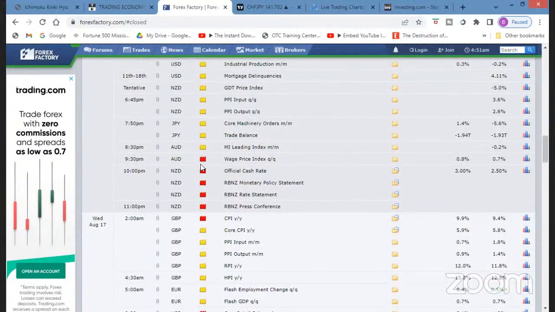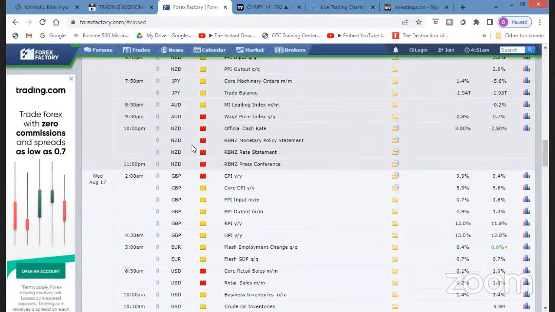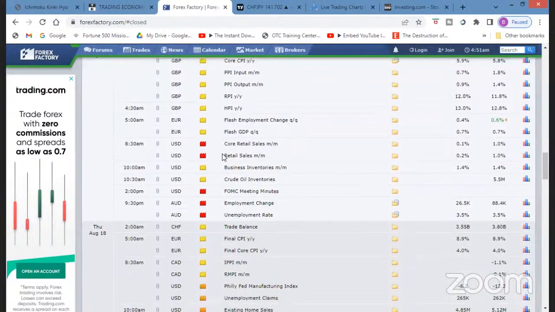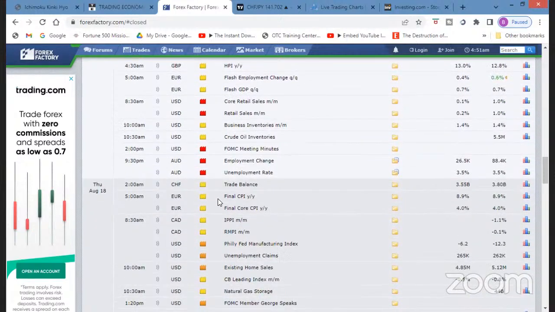And here we have Australian wage price index. And then for the Reserve Bank of New Zealand, we've got another cash rate statement, and we've got the RBNZ press conference. And then we've got core retail sales coming up on Wednesday. And then we've got FOMC meeting minutes. And then for Australia, we've got employment change numbers coming out. Okay, so